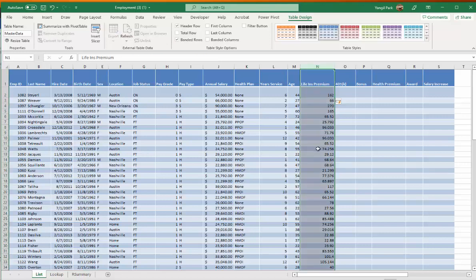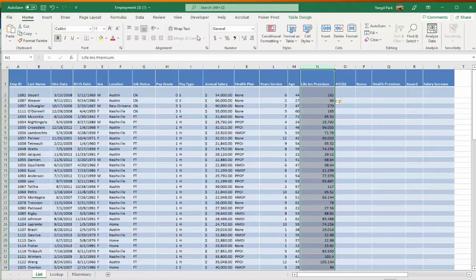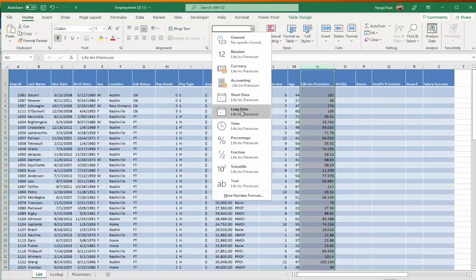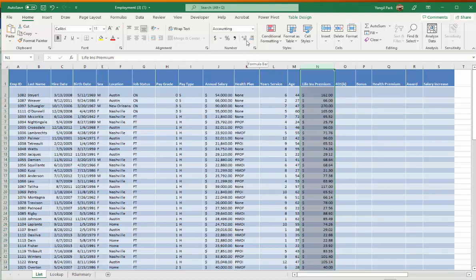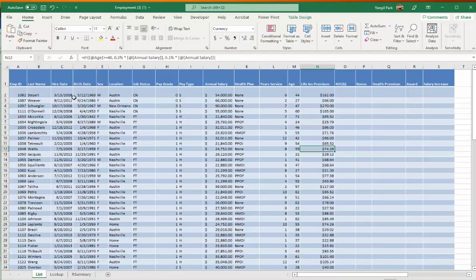Okay, so we're going to make this column N, which is life insurance premium, accounting number format, or currency. Either way will work fine. Currency. Okay, step 6, we're going to skip that. Step 7,